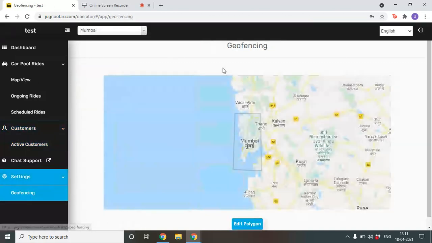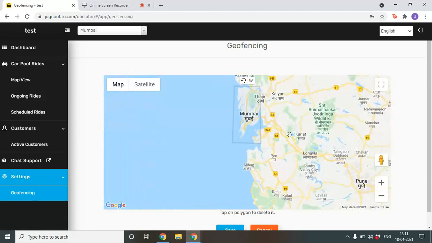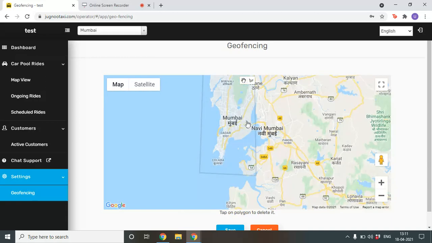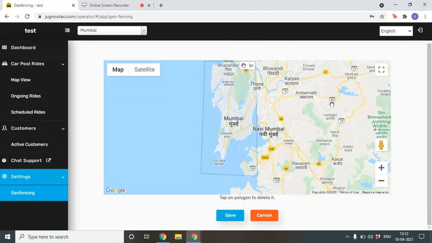Next is the geofencing. This is a very important area. For example, right now I'm only operating in one particular city, and in case I want to expand my business, what I just need to do is add another polygon into another city. From here, I can add another polygon.